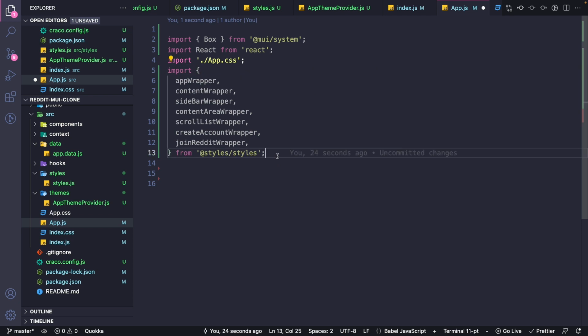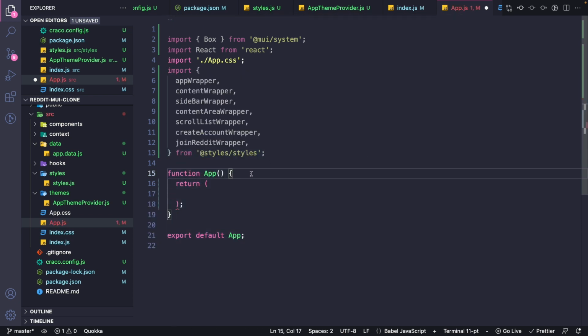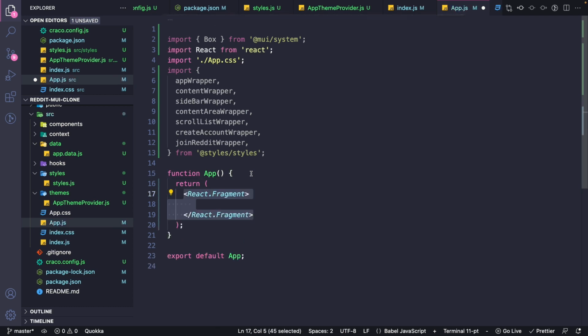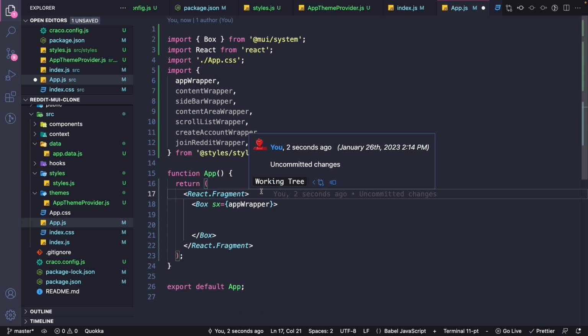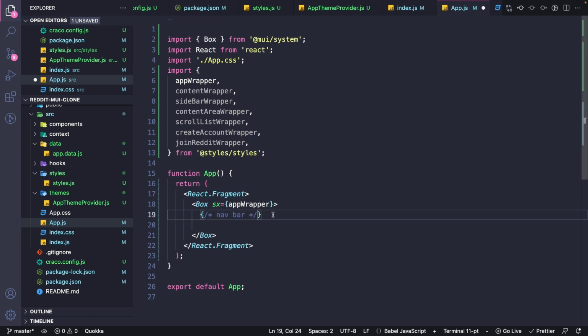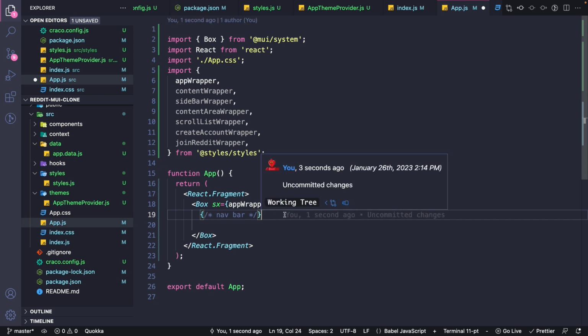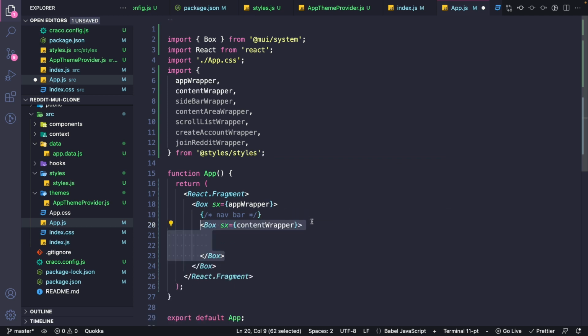Let's scaffold our application, the bare minimum component, and within it let's bring in our React.Fragment, which holds the entire layout together. Let's have a Box whose sx has applied a style of app wrapper, within which right now I'm just putting a placeholder for the navigation bar. Here is where the navigation bar would eventually come in. Let's have one more Box with the sx pointing to the content wrapper,